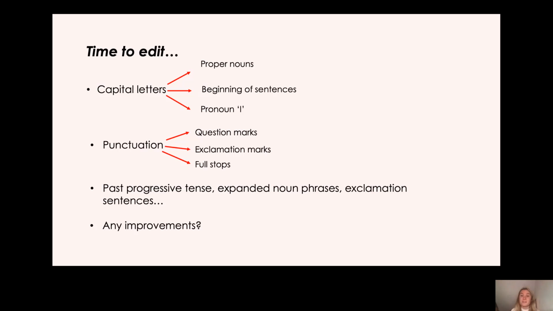Okay, year 2. So I'm very excited to see your letters. I'm sure they are brilliant so far. And as I said, tomorrow we will do paragraph 2 and the conclusion together. Okay, so we will finish our letters tomorrow and I'm looking forward to seeing them when they are completed.